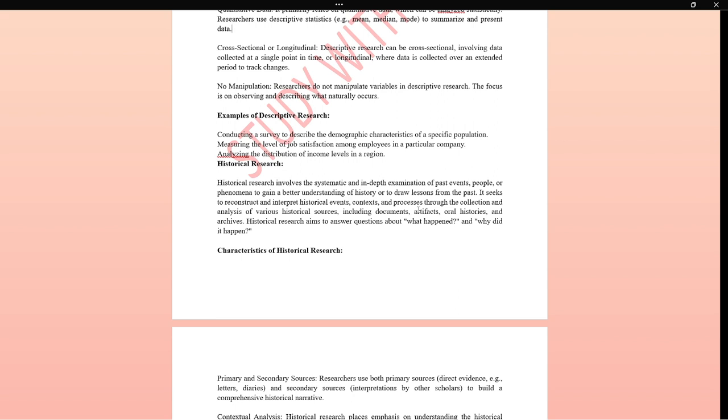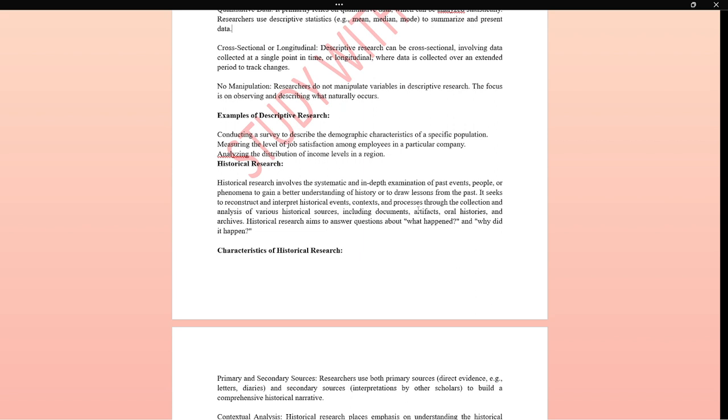You try to construct, reconstruct, and interpret historical events and their contexts, collecting data from various historical sources: documents, artifacts, oral histories, or archives. Historical research aims to question what happened and why it happened.